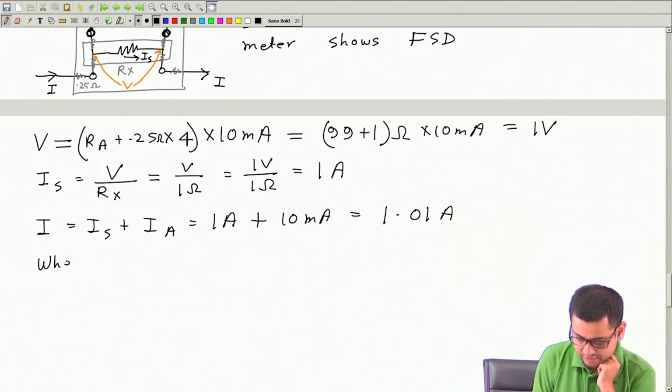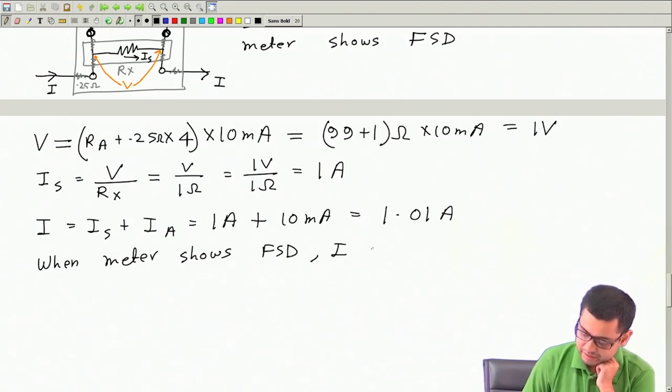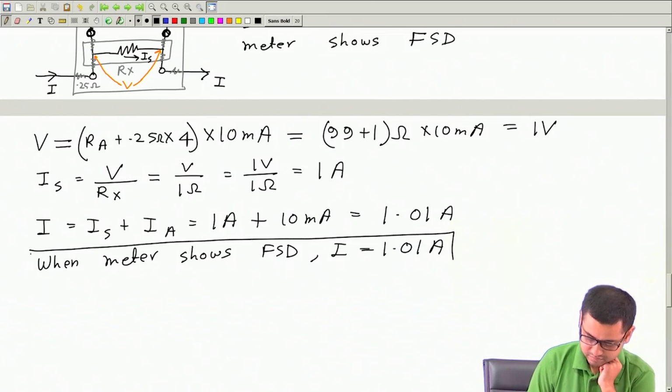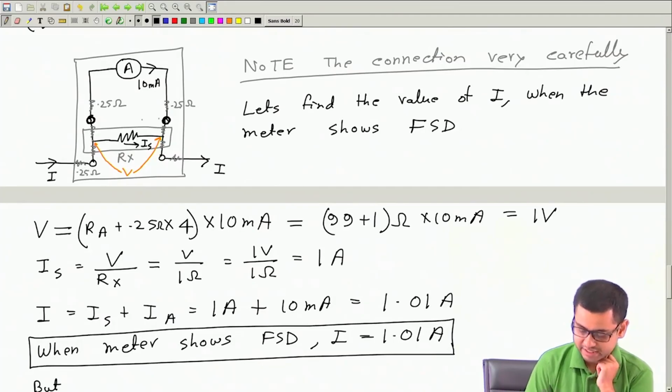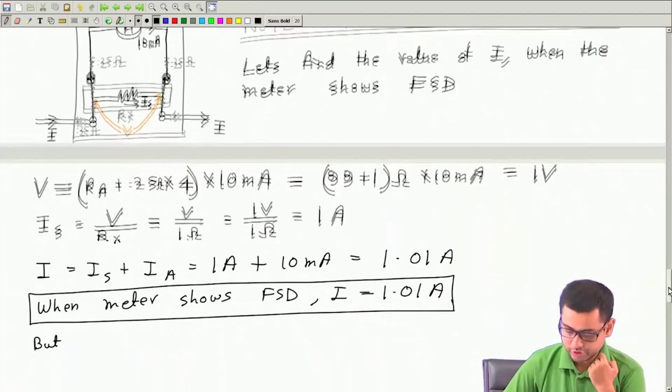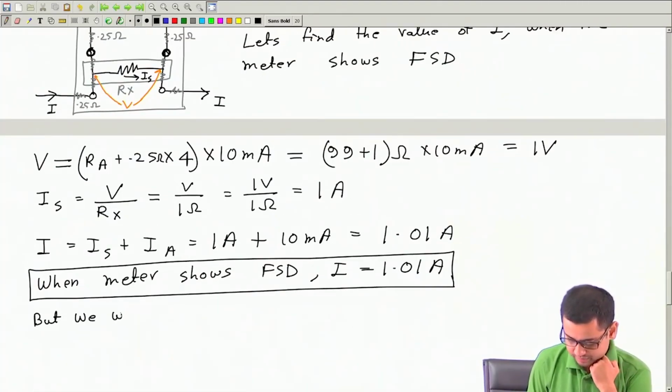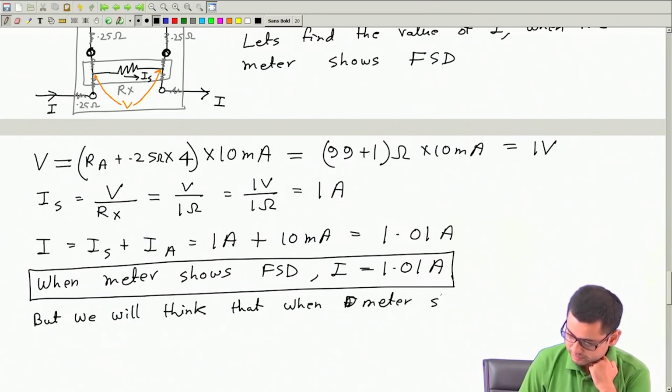So when the meter shows FSD, I is equal to 1.01 ampere. But if we had calibrated the meter ignoring these contact resistances, because we do not know the value of the contact resistance, then we will think that when the meter shows FSD,